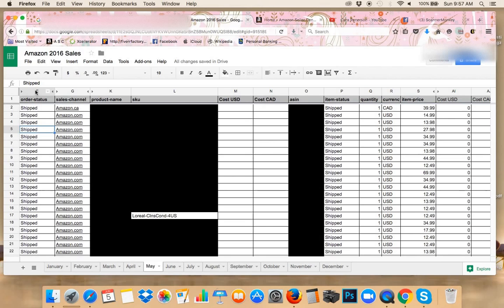important. So basically you can see here that I've hidden everything but E, G, K, and L at the beginning. So that's order status, sales channel, product name, and SKU. And then I've added two rows here. One is my cost US dollars and my cost Canadian dollars for the item. I've left the ASIN row and I've left item status, quantity, currency, and item price, and then I hid everything